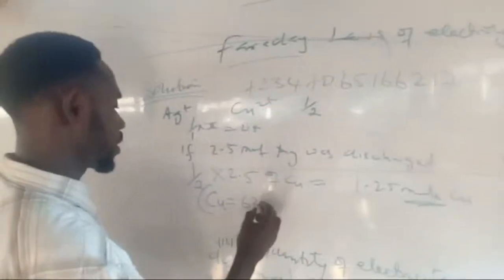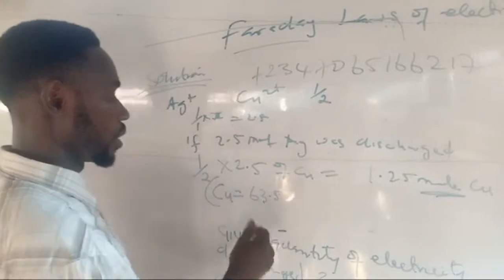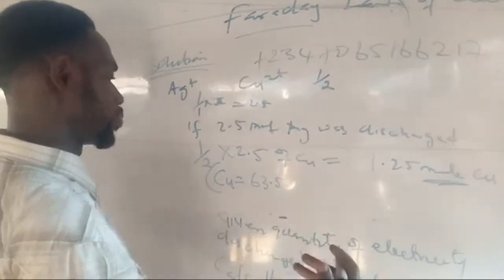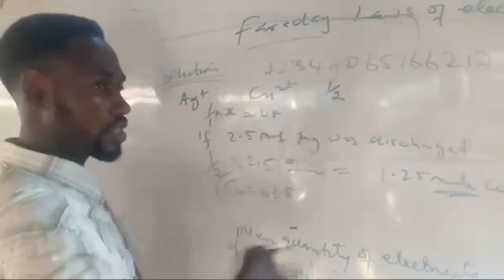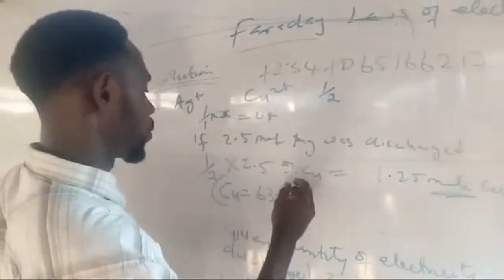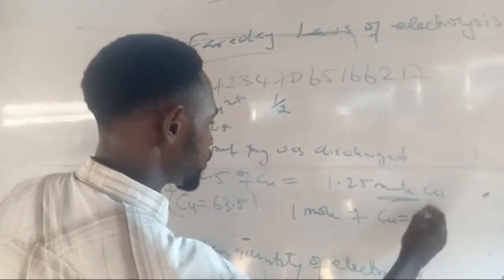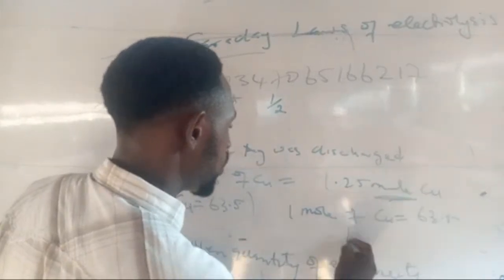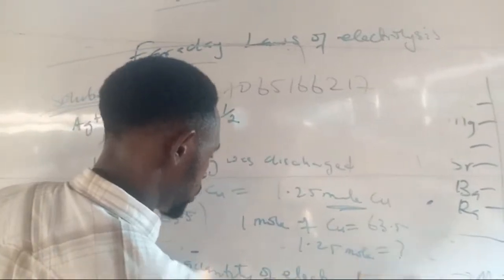Remember, for Nigerian exams they will also give you the atomic mass in brackets, for example 63.5. But for IGCSE, that's Cambridge, they will not give you anything. Rather, at the back of the question paper you see a periodic table which contains the mass numbers. So it now lies on whether you know what to use. Having known that copper is 63.5, what does it mean? That 1 mole of copper is 63.5 grams. Then 1.25 moles will give you what?